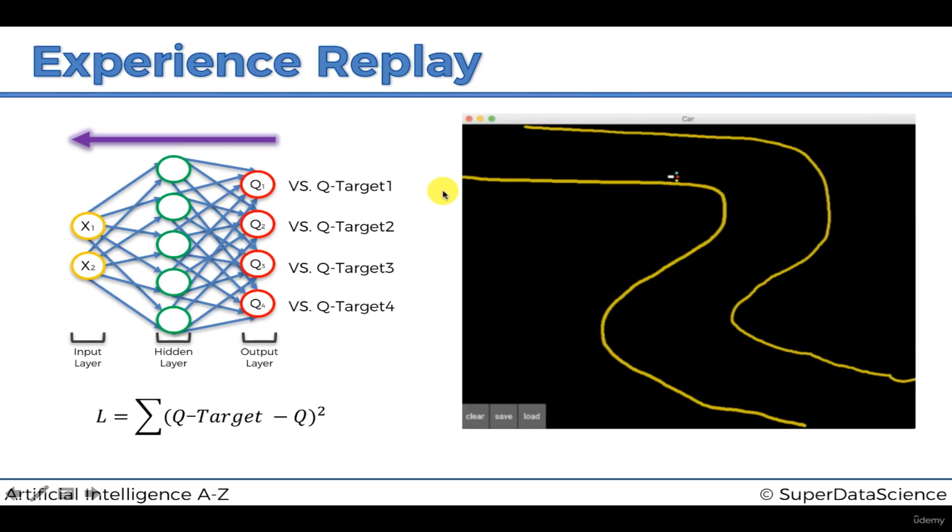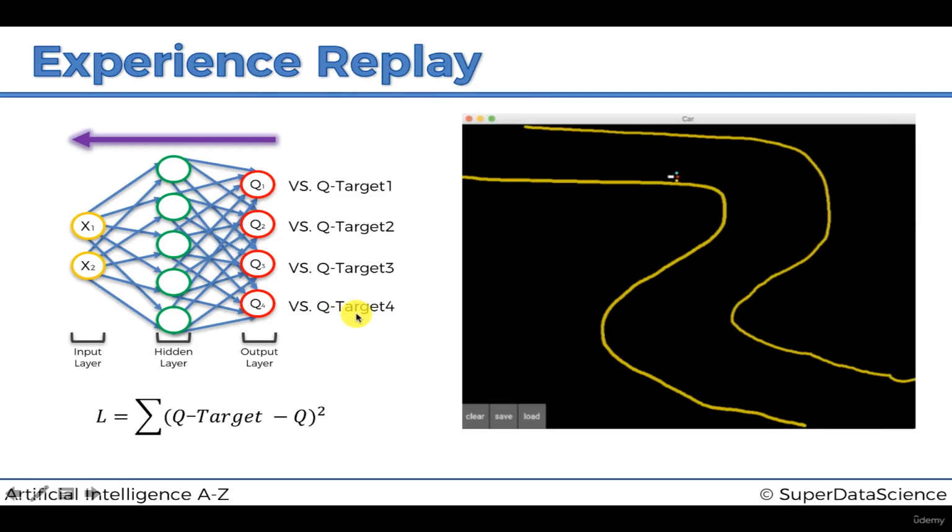And of course, the state is not just going to be x1 and x2. Adlan will describe in a lot more detail what the state is. It is going to be a couple of parameters which relate to the angle of the car and some relative parameters, what the sensors are reading, and so on. So there's going to be more parameters than that to describe the state, but nevertheless, it's going to be a vector of values. It's going to go through a neural network, and then on the output, you're going to have some Q values. Depending on this environment, there can be a different number of possible actions, but for simplicity's sake, we're just going to leave it at 4, so we can understand a bit better what's going on here.